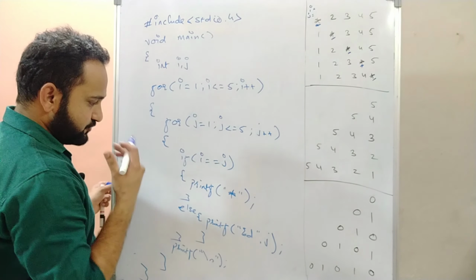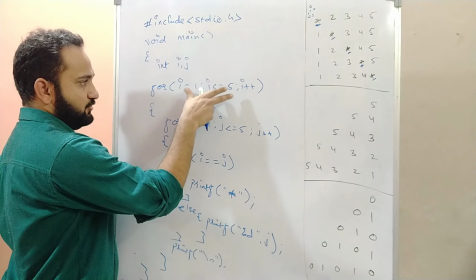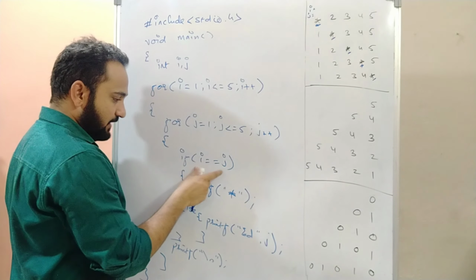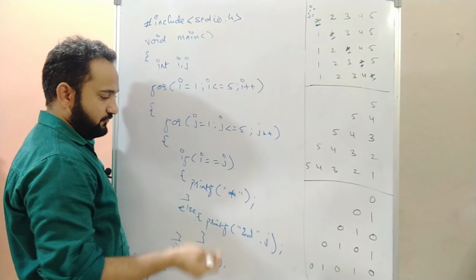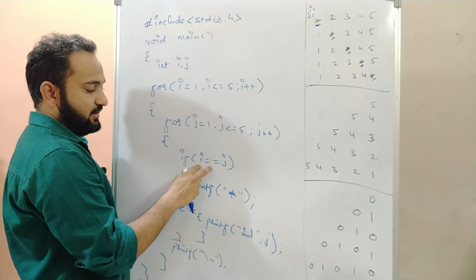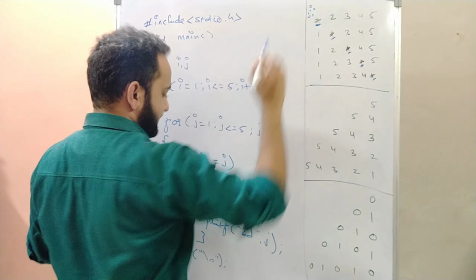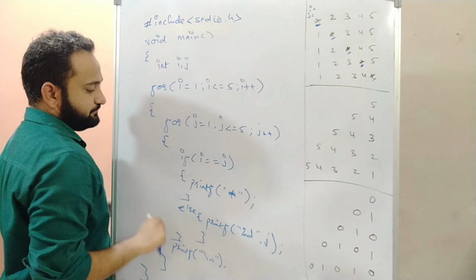Fine. So let's quickly dry run this. The value of i will iterate from 1 to 5, and the value of j will iterate from 1 to 5. When the values of i and j are equal, for the first case, for example, the value of i is 1 and the value of j is 1. 1 equal to 1, yes, the condition is true, it will print a star. Right, it will go back again.